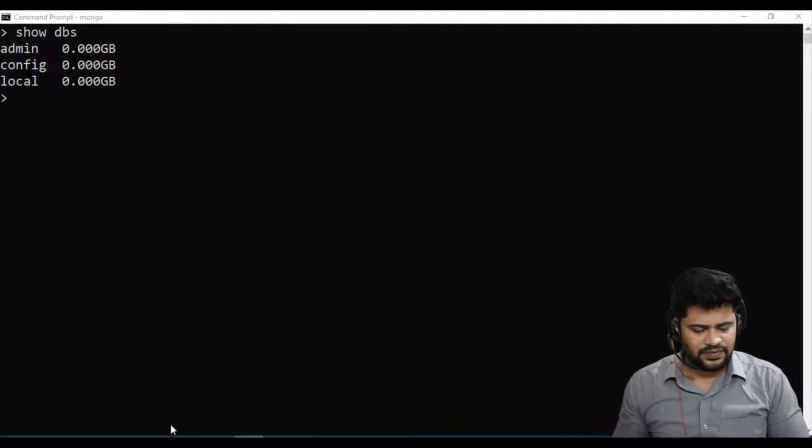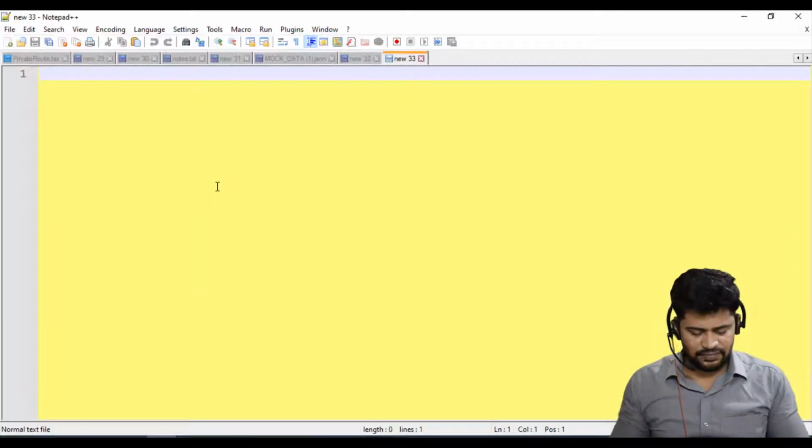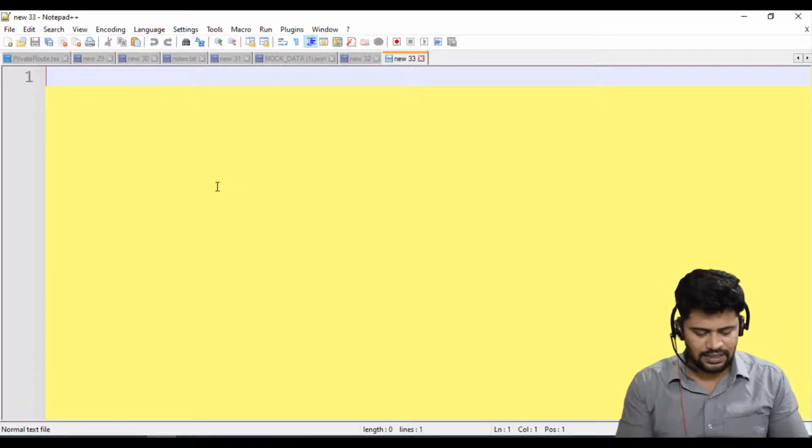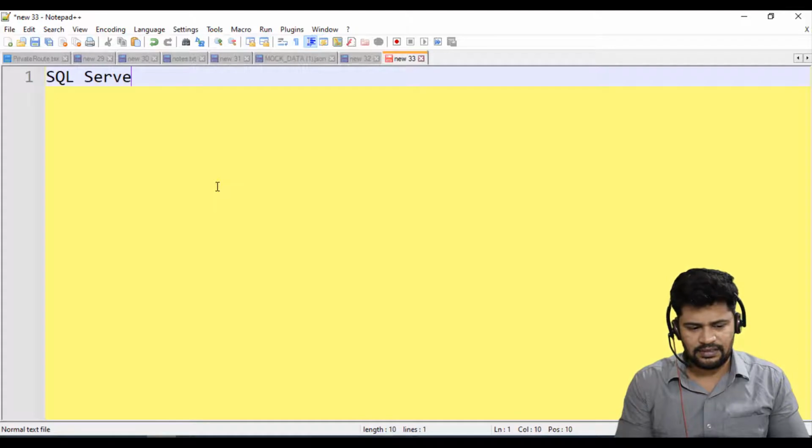Okay. So first of all, let's see a few similarities between SQL and NoSQL databases. Let's take SQL Server. SQL Server is a SQL database. MongoDB is a NoSQL database. So what are the terminology differences?